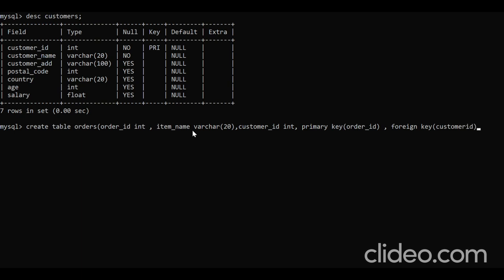And you also have to mention the connection, right? So we'll be using the keyword named references. You have to say the keyword references, and after that you have to give the table name, the table which it is being referenced to. So in our case, the orders table is being referenced to the table customers. So you will say foreign key customer ID references customers,